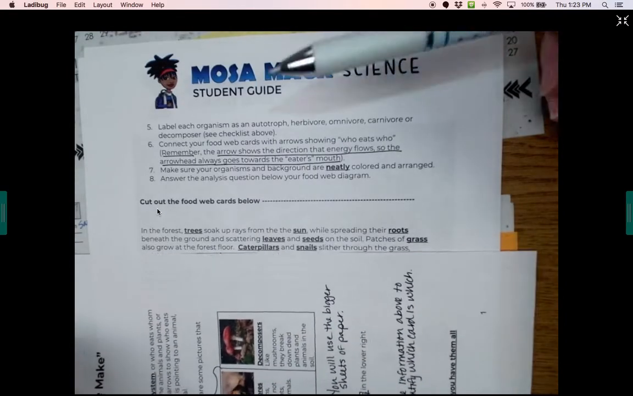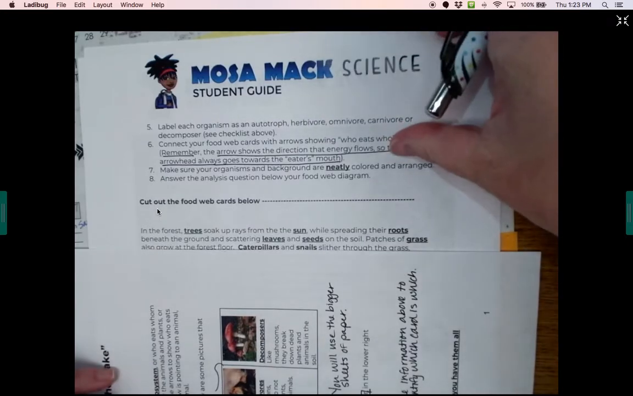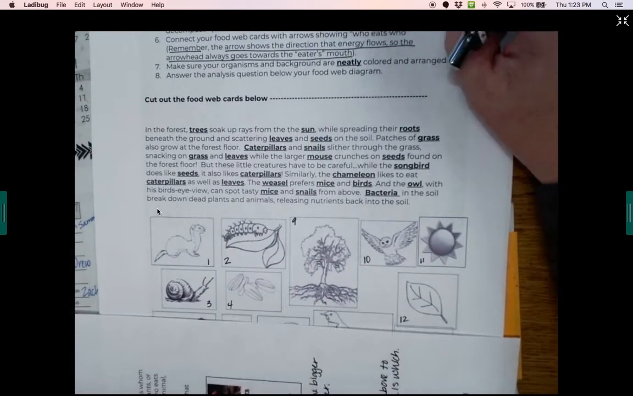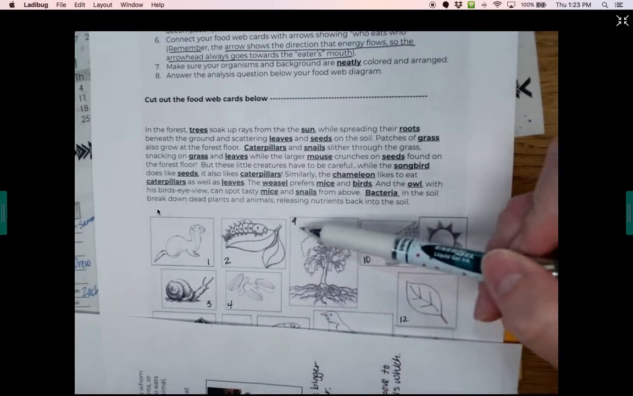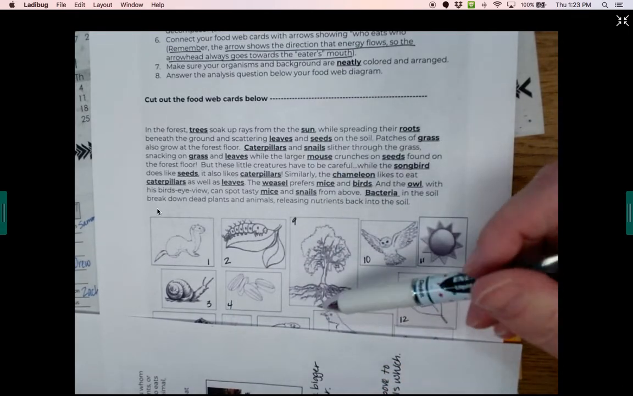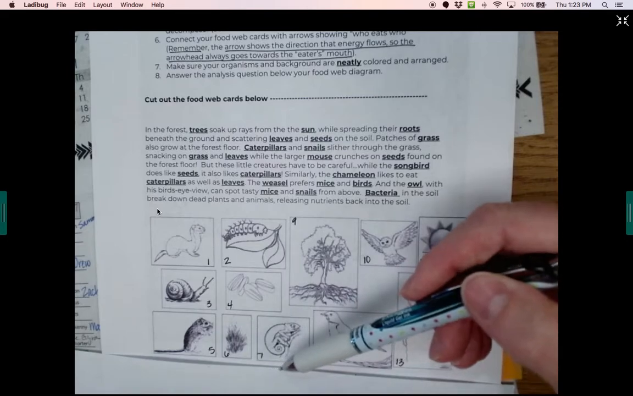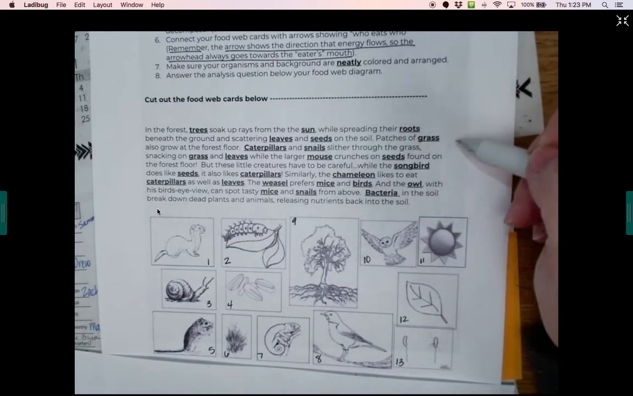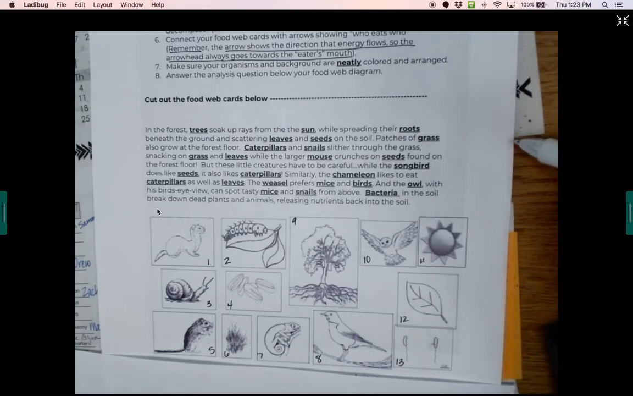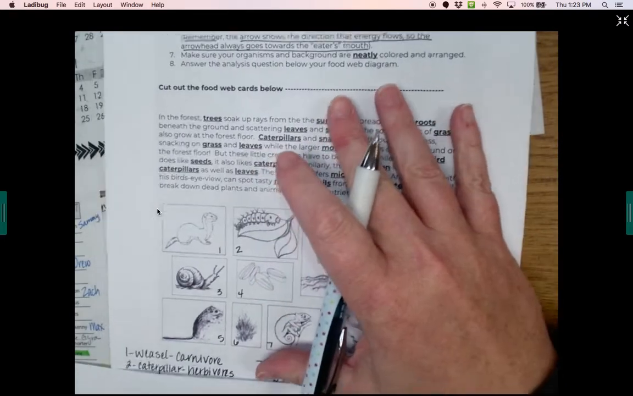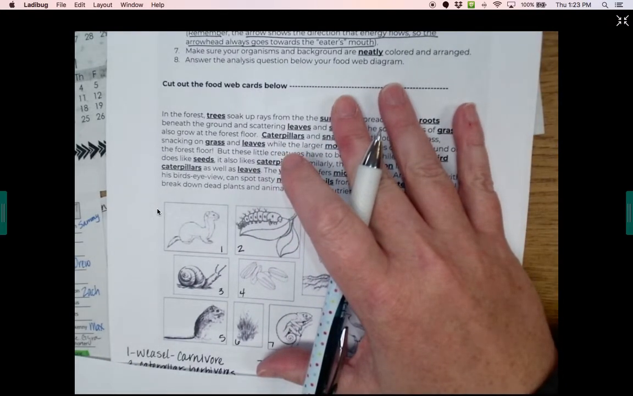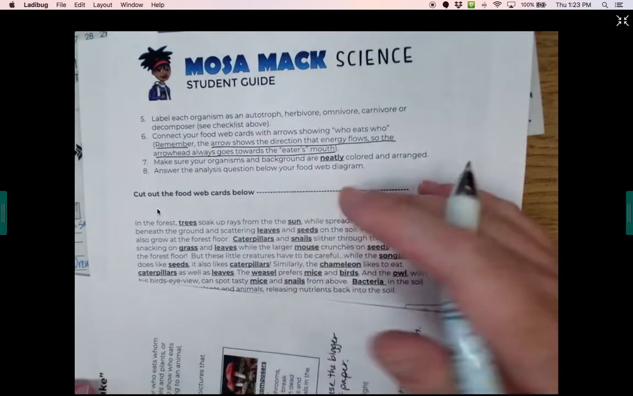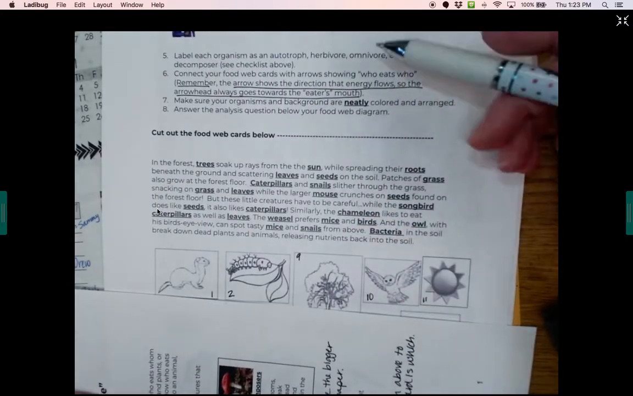On your pictures, let me skip down here for a second. So on the pictures, see how I put numbers here? What I would do is I would have a key on my food web where I listed out number 1 is a weasel, and it is a, what kind is it? So something like this down here at the bottom. Okay? All right, so from there, you're going to connect your food web cards